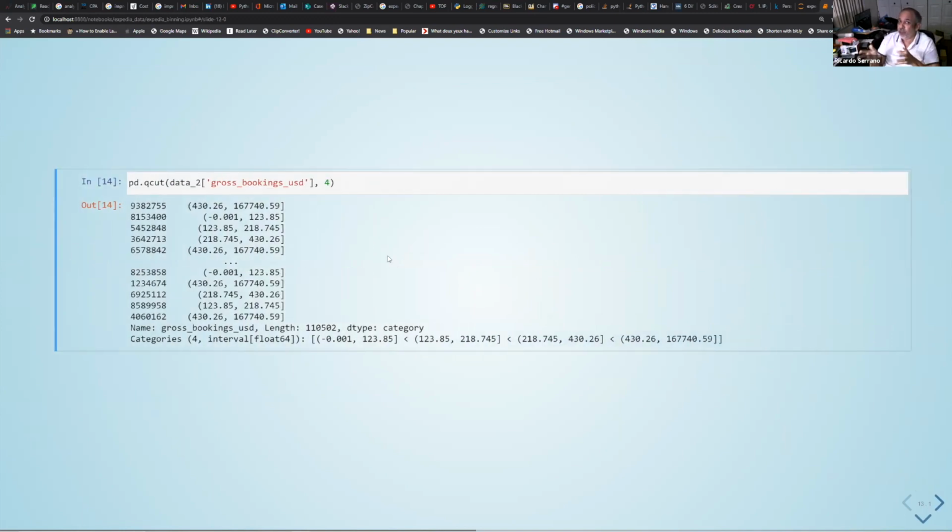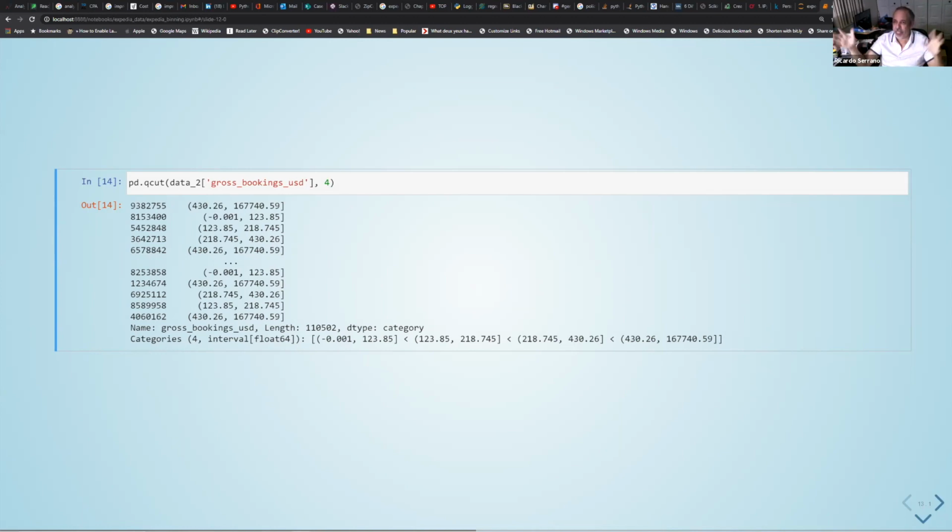And one of the functions that you can use is called qcut, okay? And what you do is that you insert the data frame and the feature, in this case, into that function as an argument. And then another argument after the comma is going to tell you how many buckets you are going to create. In this case, we're going to create 4 buckets, mimicking something that we saw in the describe function, where you have the 25%, the 50%, the 75%, which are the quantiles.